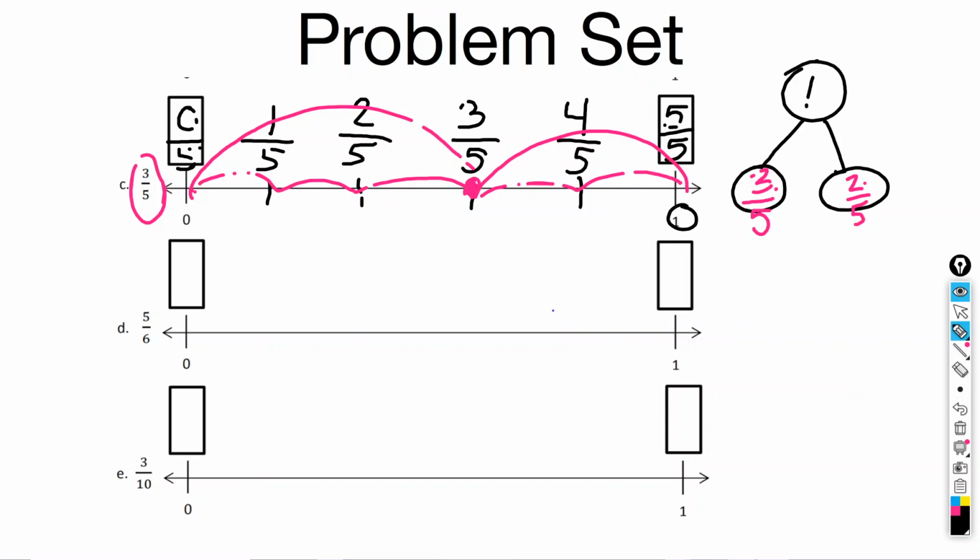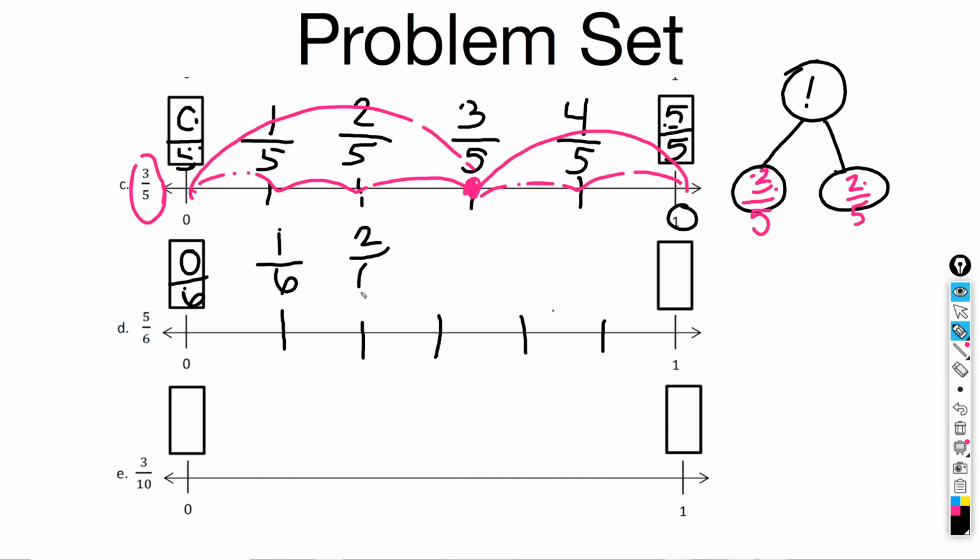D is broken into sixths. So I'm going to first break it in half, and then break each part into thirds, and that kind of helps me get 6 equal pieces. Let's check my work. 1, 2, 3, 4, 5, 6. Okay. I'm going to label. So here I have 0 pieces out of 6, 0/6, 1 piece out of 6, 1/6,